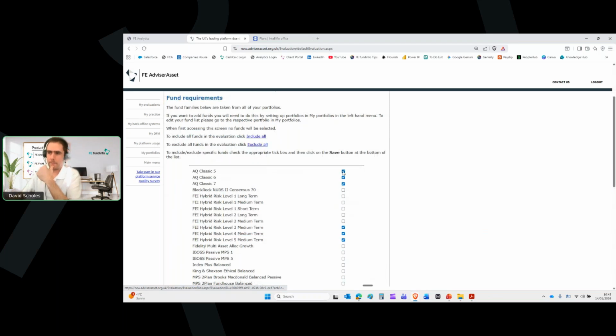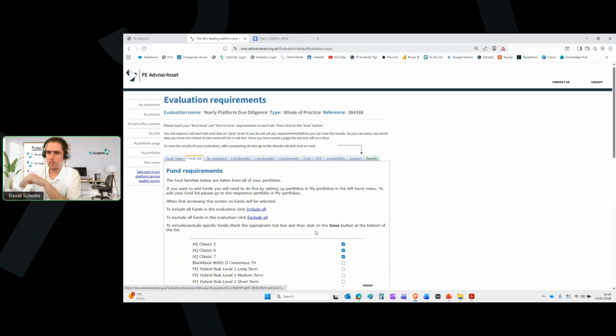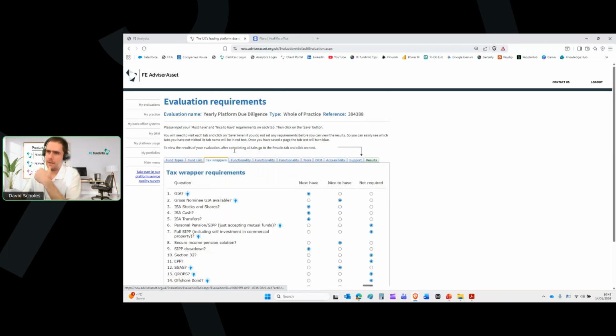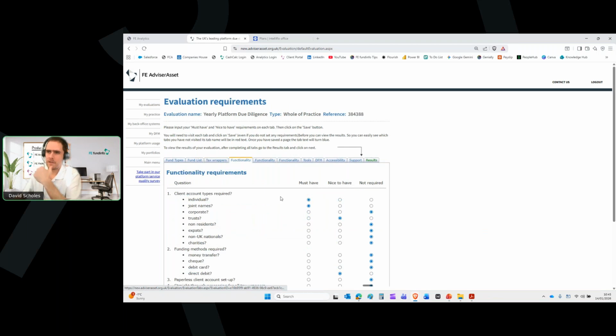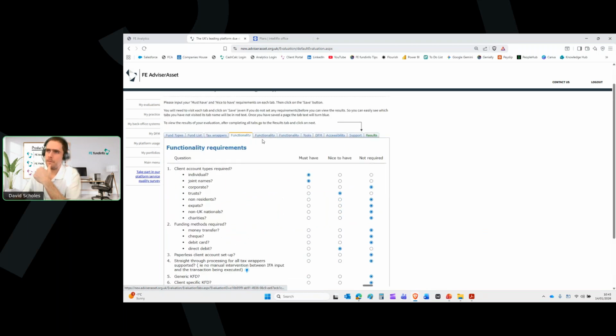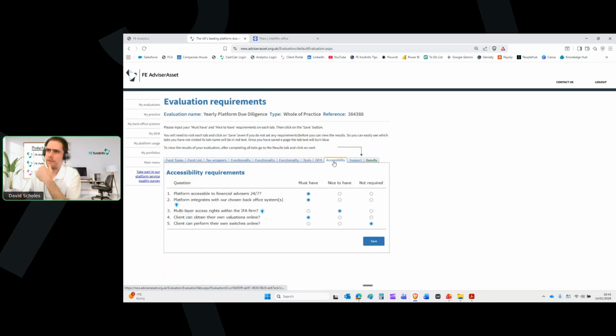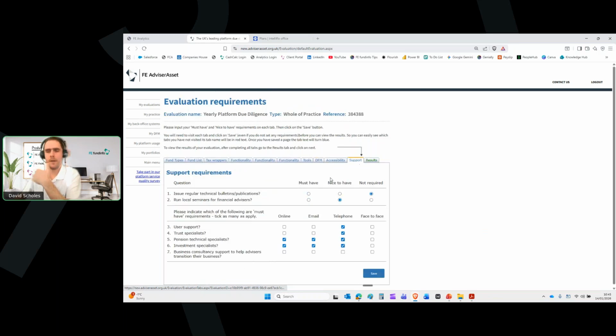So I can tick on the solutions that I use to ensure that whatever platform I pick needs to have those solutions available. What tax wrappers do I need? What about the functionality that the platform actually offers? There's three or four tabs for that. The tools that they offer me as well. Do I want risk profiling, filtering functionality, etc.? What about DFM features, accessibility? What kind of support do they offer, etc., etc.? So it's probably a 10-15 minute job to really go through line by line, make sure they're correct, and then